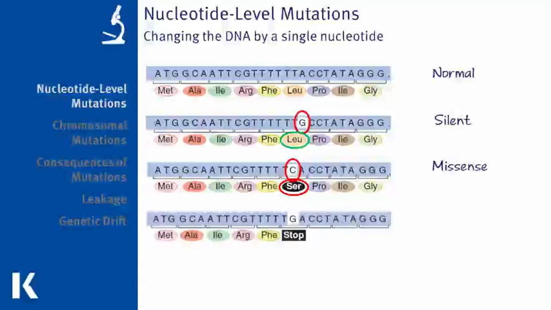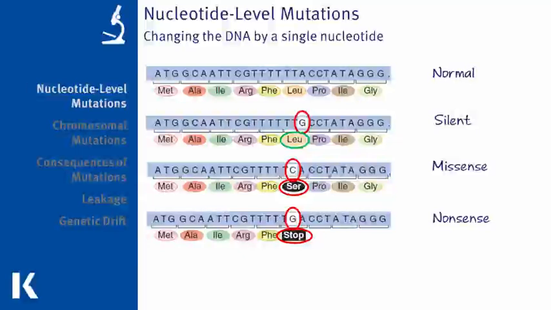What about if the nucleotide that is changed makes the codon a stop codon? Here, guanine has replaced thymine and has resulted in a stop codon. The protein is now severed at this position when it should have grown longer. This is called a nonsense mutation because now the protein is incomplete and there is no way that it will